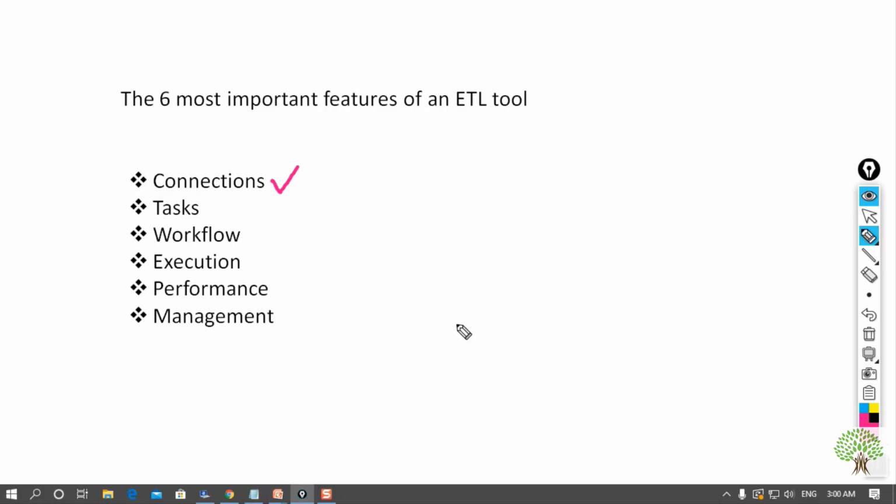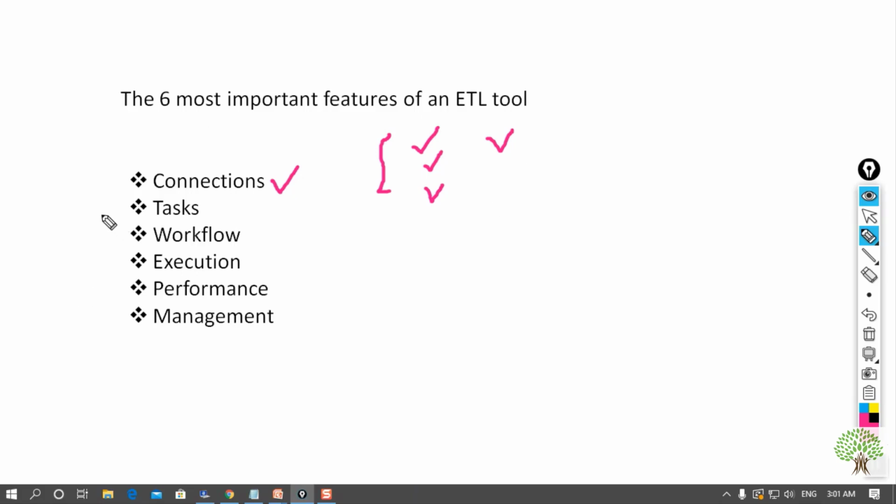It has to be able to connect with different sources, which may come in different formats: a flat file, an Oracle database, a server, or Google Sheets. If it can't connect to the data source or the target system, then it doesn't matter what the processing ability is, it just can't be used.